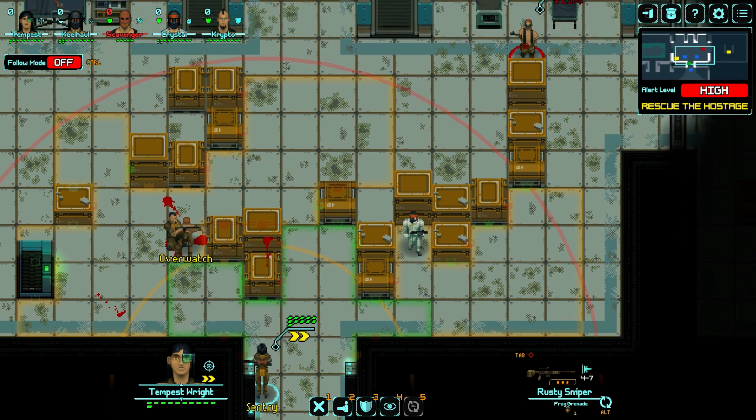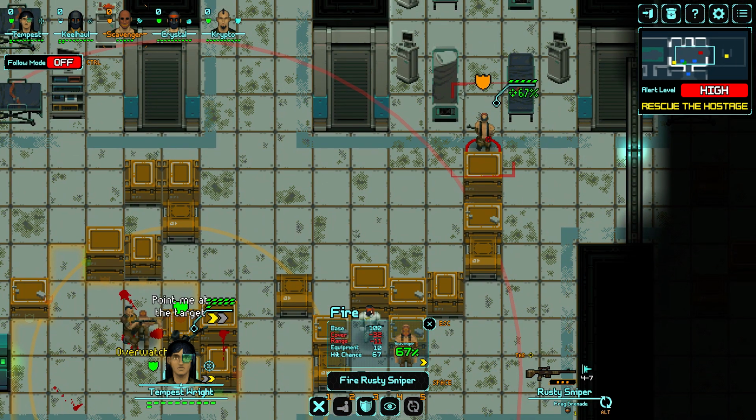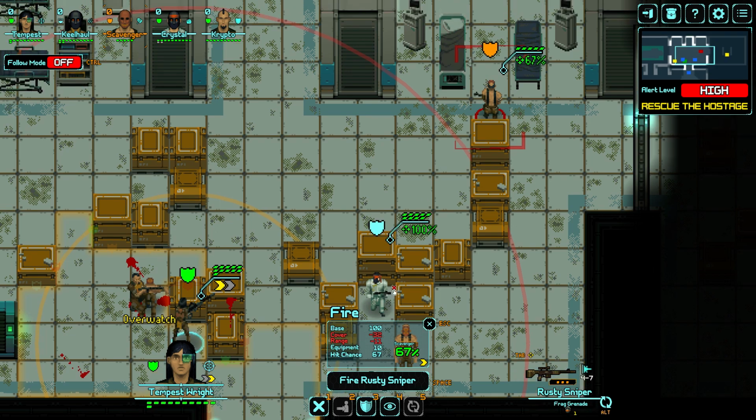And put the sniper... Oh, I could shoot. I think that's not worth it, though. I think I'm going to go here. Maybe I shoot from here. Oh, yeah, that's a 67% chance. That's way better because cover is only half from here. So, this is basically a flanking angle. Or half flanking, not full flanking, but...